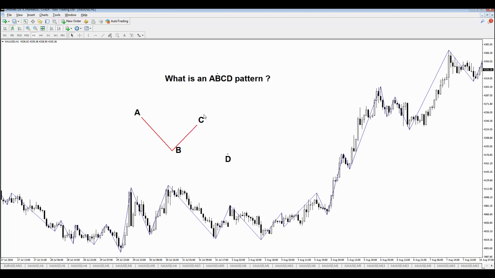And then for the CD leg, the last leg is assumed to complete somewhere in the ratio of 100% of AB to CD. Now, there are all sorts of different ratios that you can have here. So this ratio can be 0.618, so A to C can be 0.618. It can also be 50%. It can also be 0.786,